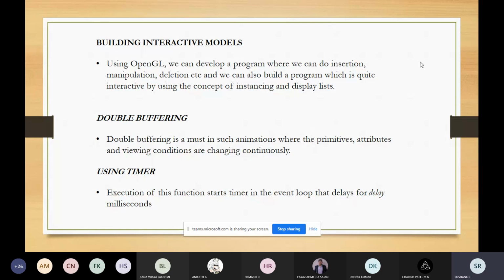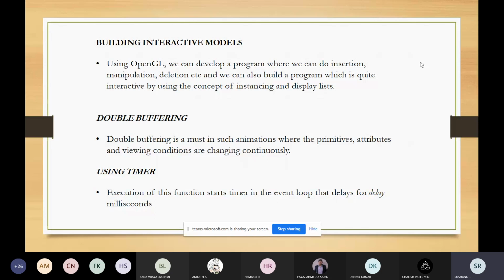That double buffering mode is supported in OpenGL with the help of glutInitDisplayMode, and you can pass the parameter GLUT_DOUBLE. Also, in the display function you can include glutSwapBuffers to change the contents of the front buffer and back buffer. So in an animation application you need to use double buffering, because all the attributes, parameters, viewing conditions, and primitives will keep on changing. For that you use two buffers, the front buffer and the back buffer.